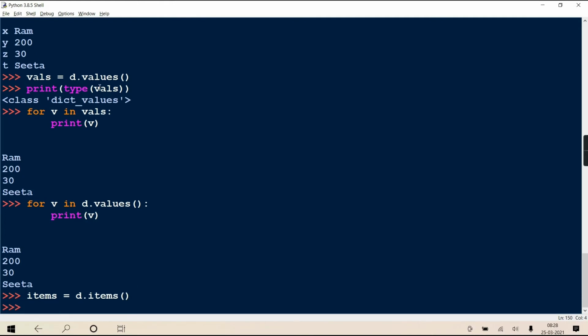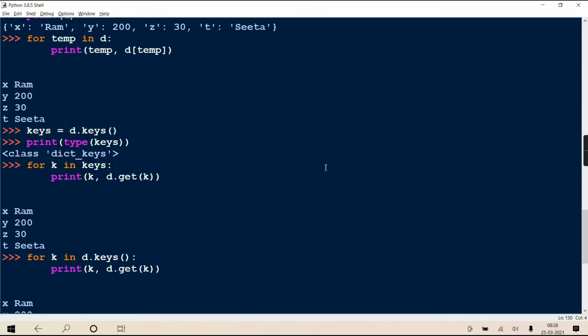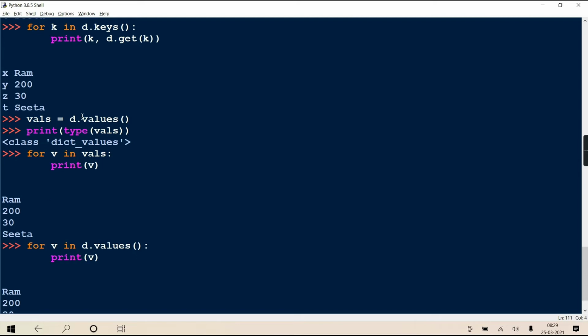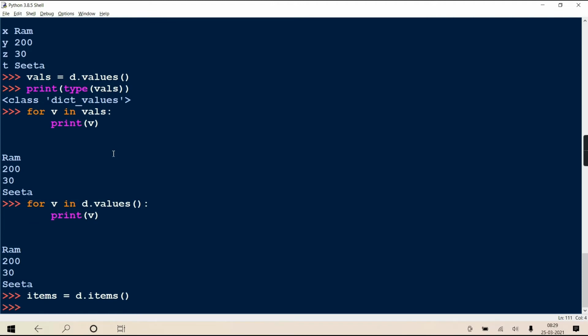As we have the method d dot keys, which we saw previously, d dot keys returns all the keys as an iterable object, an object of class dict keys. Second, d dot values returns an object of class dict values. It is also an iterable object.